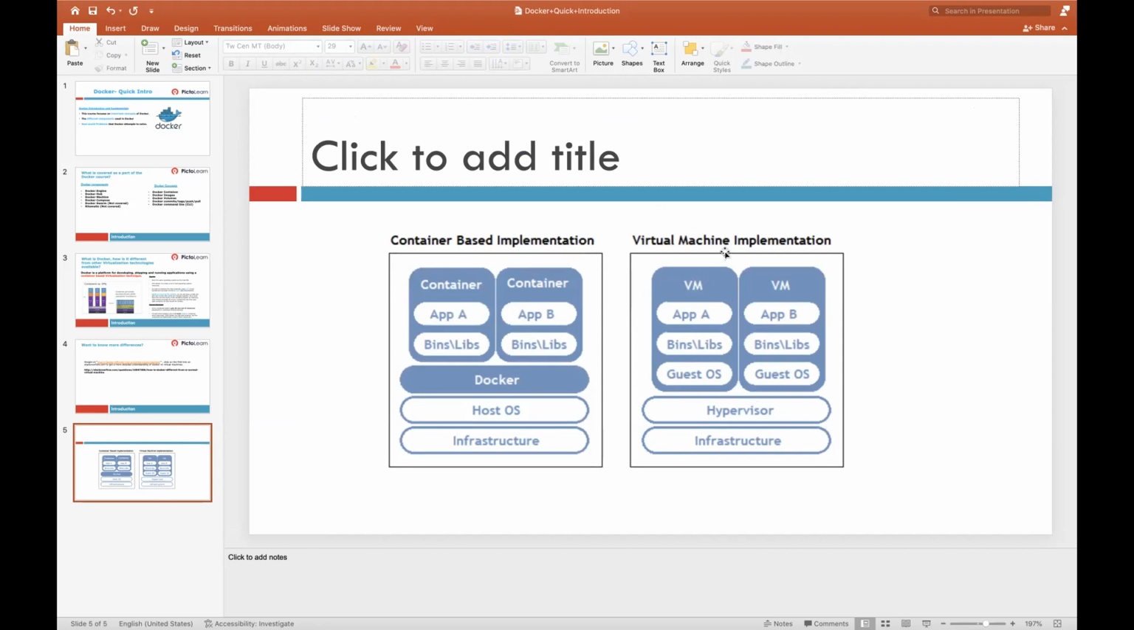If you talk about a virtual machine, you have your infrastructure. On top of that infrastructure, you install a hypervisor, another software, which creates an instance of the OS. Then guest OS, binary, libraries, apps. Likewise here also, two virtual machines, two separate applications are running using the same underlying hardware, but creating a different instance of an operating system on another